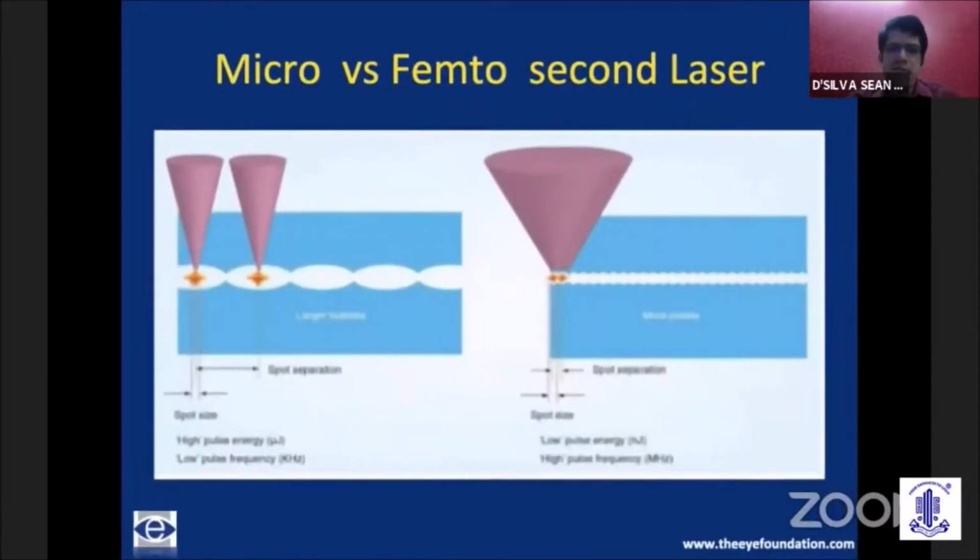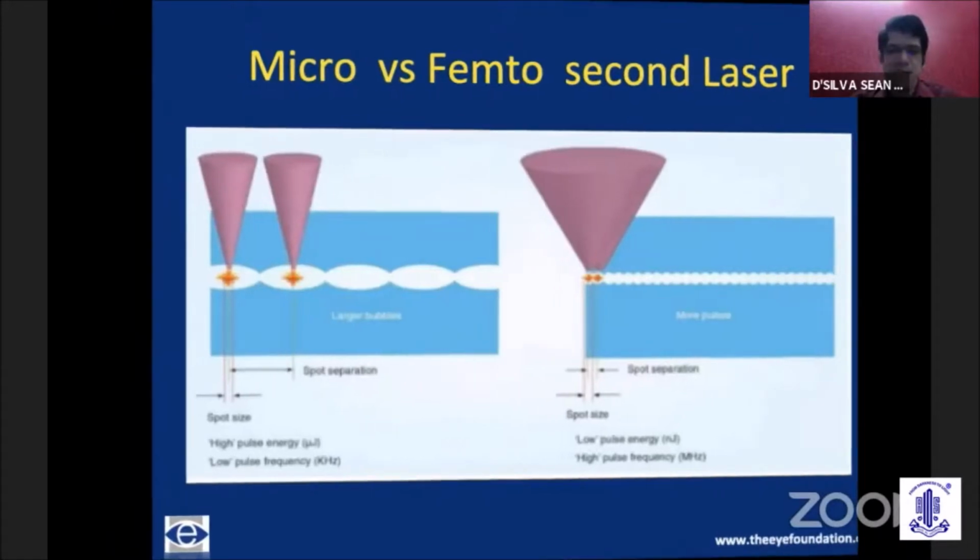So the main difference in pulse energy, and why we are looking at 10 raised to minus 15, is mainly because a microsecond laser has a much larger spot size. It has a very high pulse energy, and this produces a lot of collateral damage and heat in the cornea, which is extremely minimized by this ultra short duration pulse, a very low pulse energy, and a very high pulse frequency.